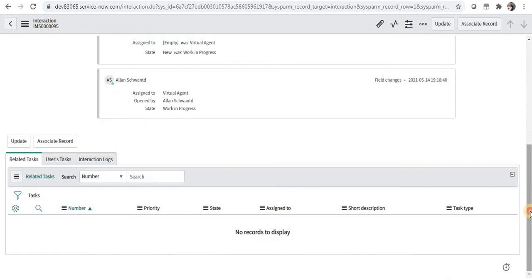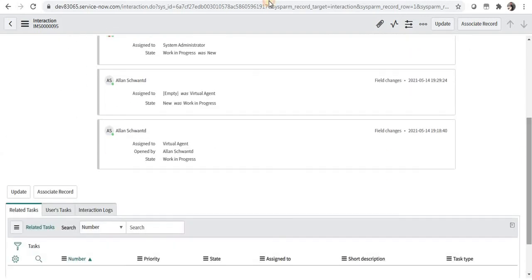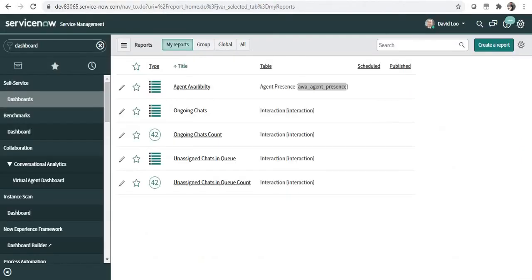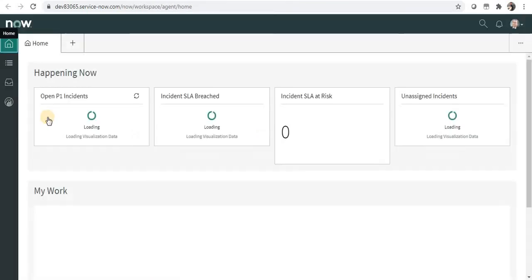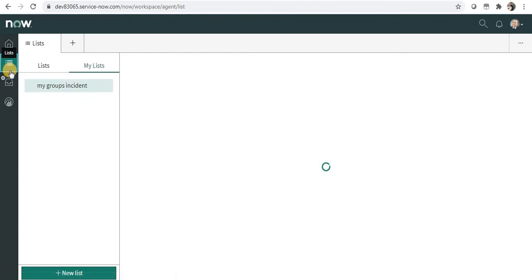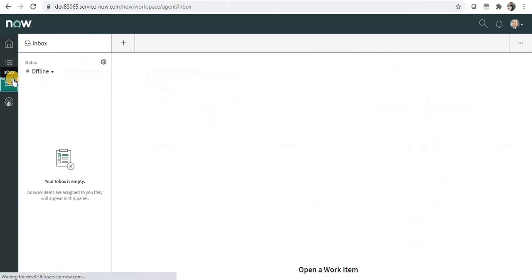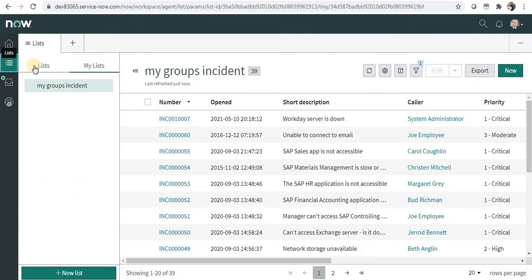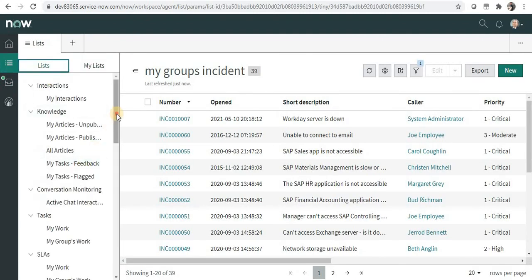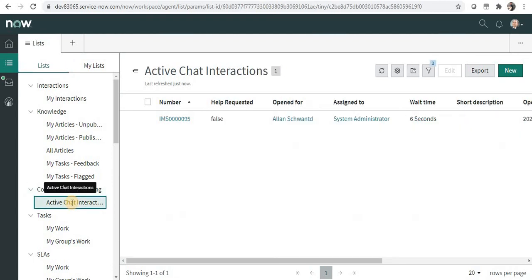As a queue manager, if you want to barge into this chat or look at what's going on, what you can do is go to agent workspace home, make yourself available, go to lists, and you can see an option for list active chat interactions.